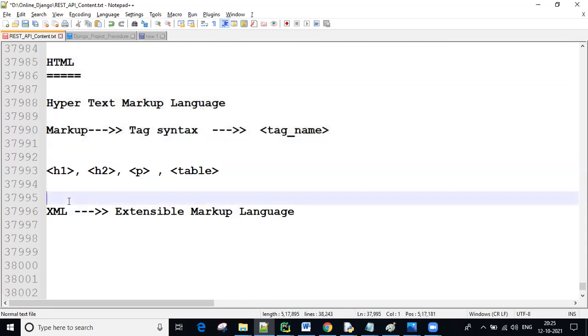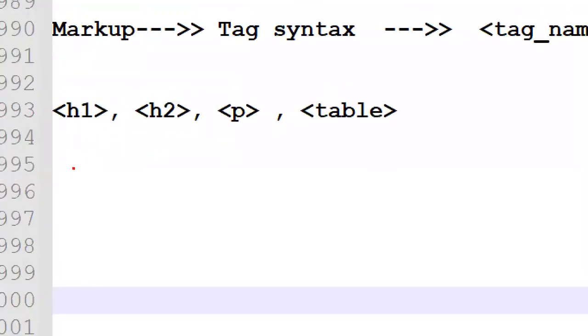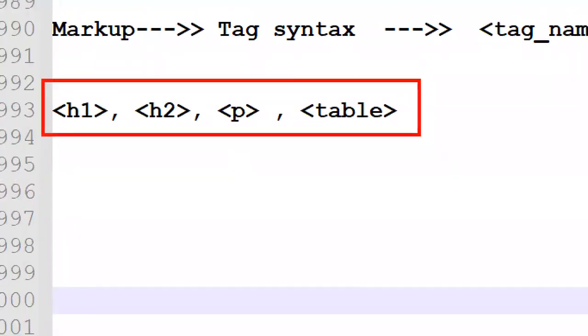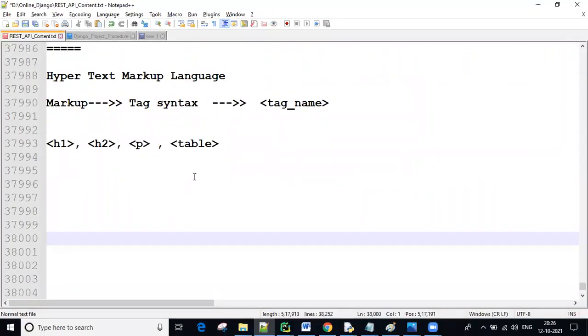Now, guys, all these things we are calling the tags. Sometimes we can also call them elements, guys. HTML elements or HTML tags, both are the same. So sometimes I'm talking like tags, sometimes I'm pronouncing like elements. Okay, don't get confused. Tags and elements both are the same.